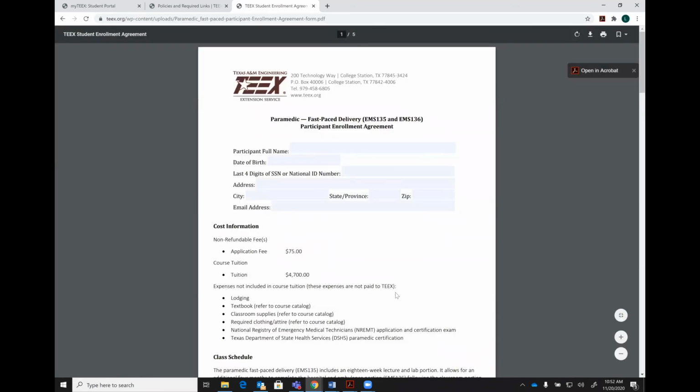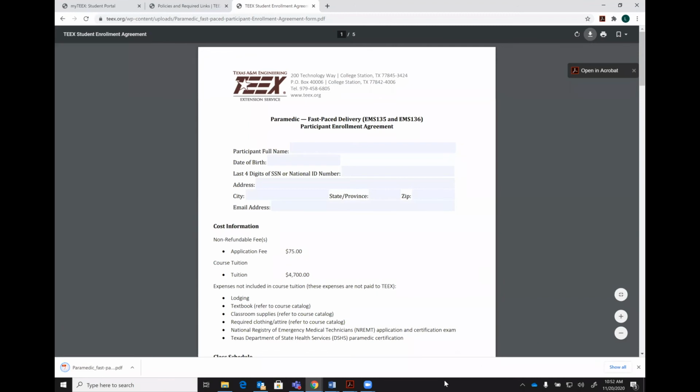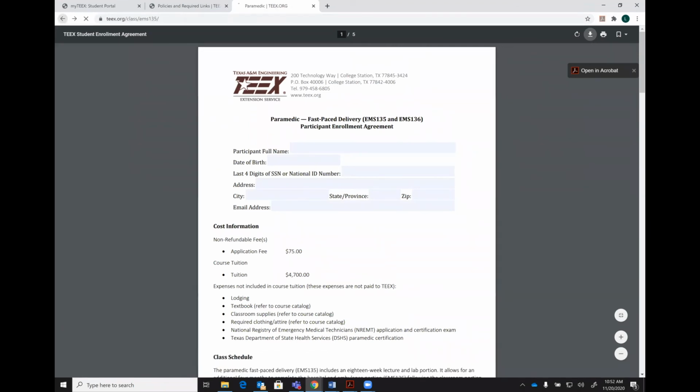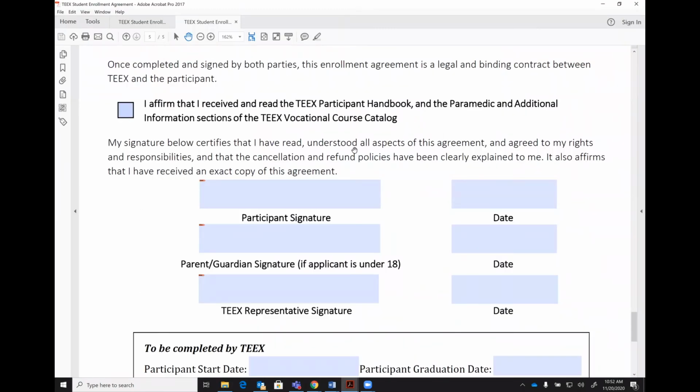You click on that link and it's going to send you to Adobe form. You do have to download this document. This document has a digital signature on the final page and it does not let you sign in the web browser. So you do have to download this document. So you'll click the download button and you'll toggle to where you would like it to be saved. And I'm going to open the downloaded version of it.